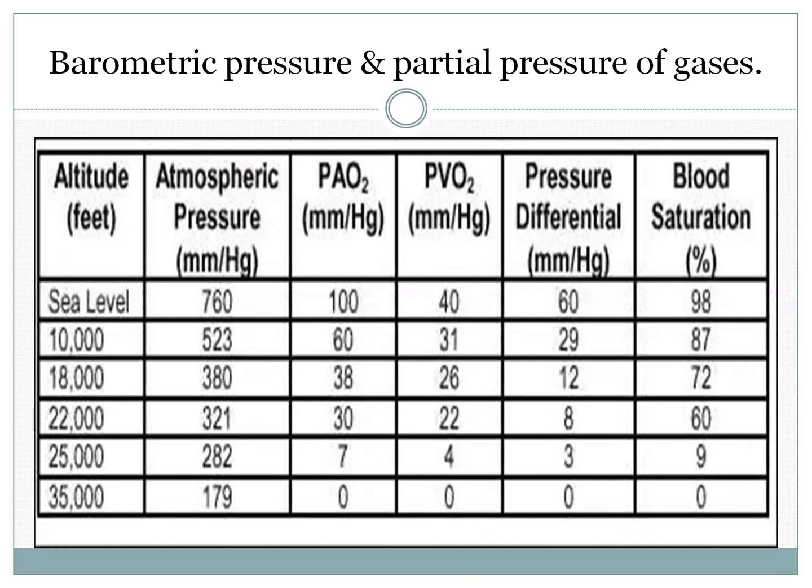As we are going to discuss only oxygen, in this table the oxygen pressures are given. If you consider sea level, the atmospheric pressure is around 760, we know. The arterial pressure of oxygen is around 100. The venous pressure is 40. The pressure difference will be 60 and the saturation will be 98%. Hemoglobin will be saturated with oxygen. That means a normal amount of oxygen is delivered to all the tissues. So there is no problem.